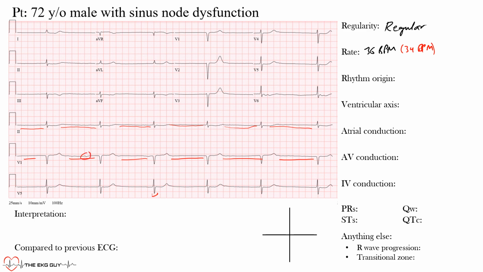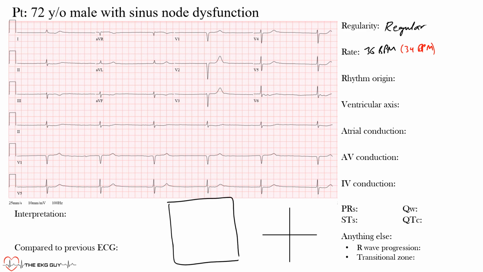This you may think is a P wave, but if you look up, there's nothing there. So I would say there are no clear P waves here. So now we're dealing with a rhythm that is narrow, has narrow QRS complexes, and it has no preceding P waves. So if we draw out our heart here, this being our right atrium, left atrium, right ventricle